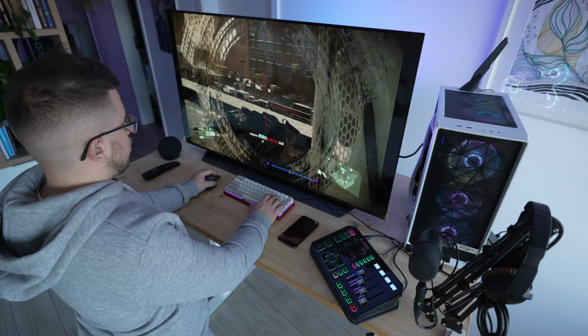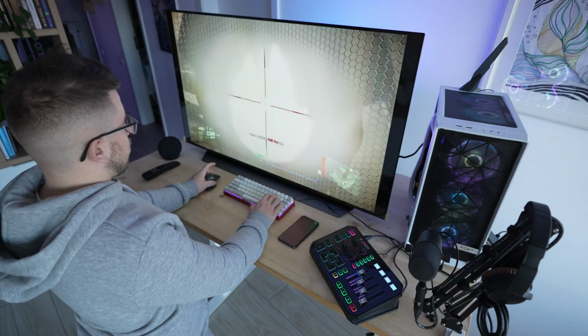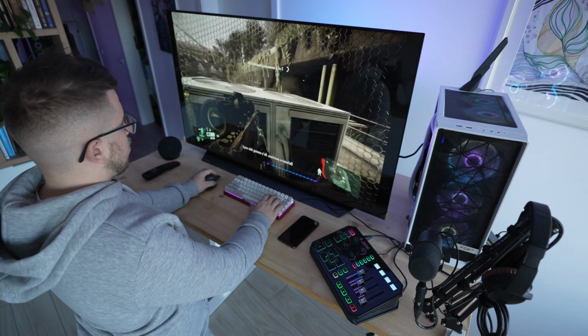I think eyestrain is a real concern when using a large screen this close if you're in a high contrast environment. For example, a